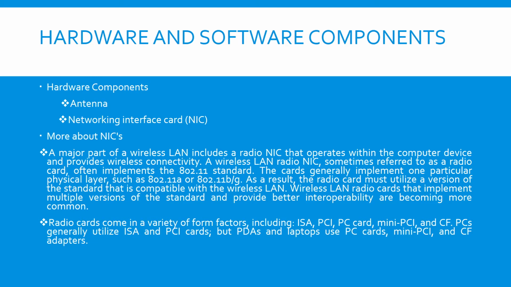Antenna, as we all know, is a type of sender and receiver medium through which we can send and receive signals from a remote station. Then we have a network interface card, that is the LAN card, that has to be installed in the device whichever we are using, may it be your computer, desktop, or laptop, or tablet, or